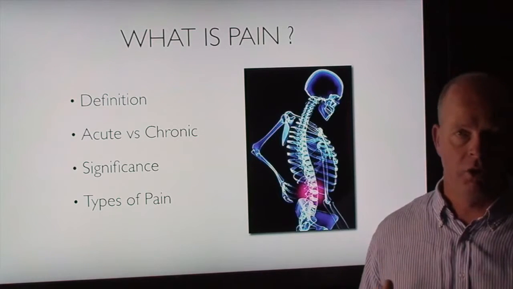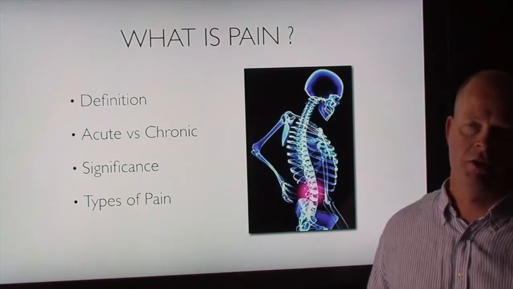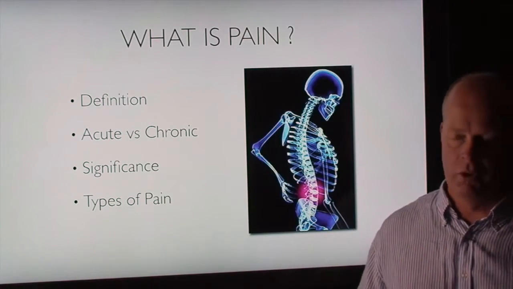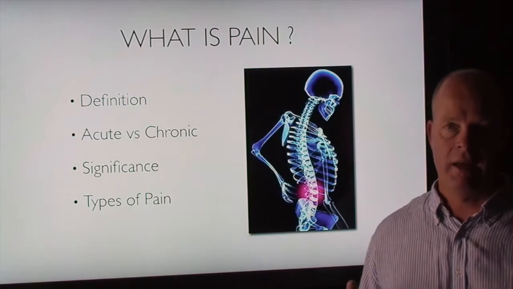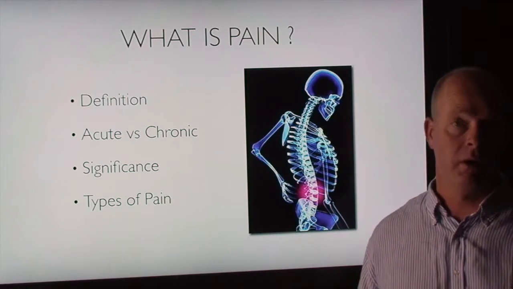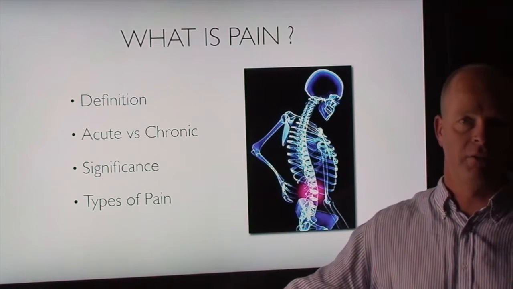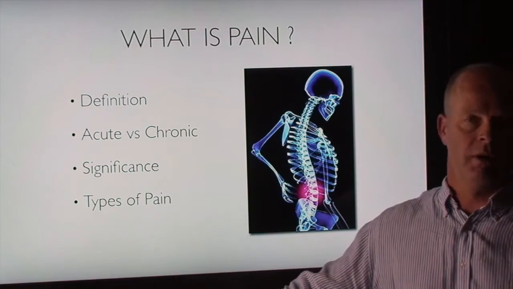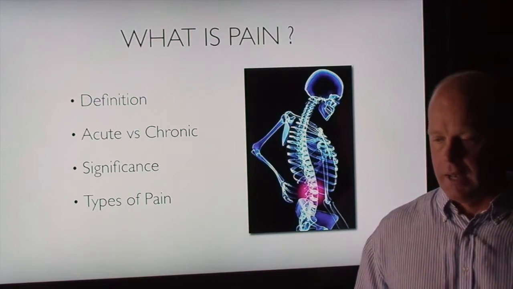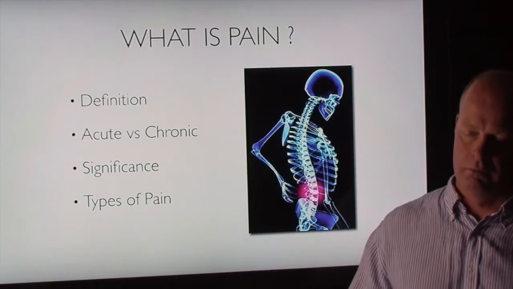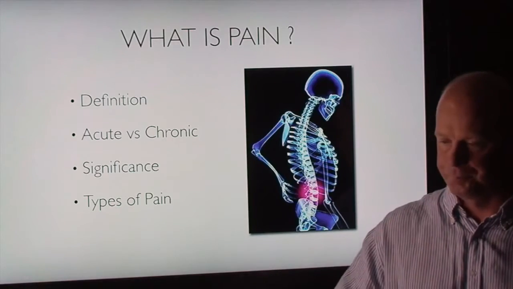And we're talking mainly about acute pain, that is sudden pain associated with an injury. Chronic pain is another kettle of fish associated with various chronic diseases and nerve conditions that we really aren't likely to worry about in our setting. The significance, of course, is that it tells you and your body that you're in a potentially injurious situation. So you accidentally put your hand on a frying pan that's hot, a number of behavioural and reflex responses to that pain will withdraw your hand from the source of injury. And types of pain, that's not really terribly important to us. The fact that there is pain is all we really need to worry about here.